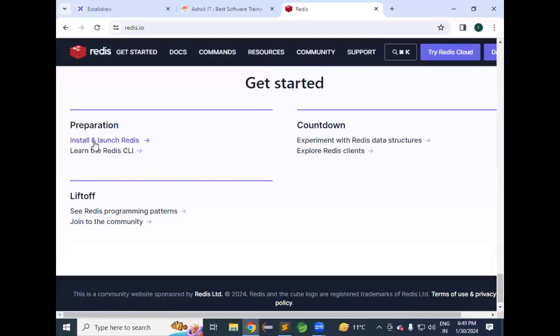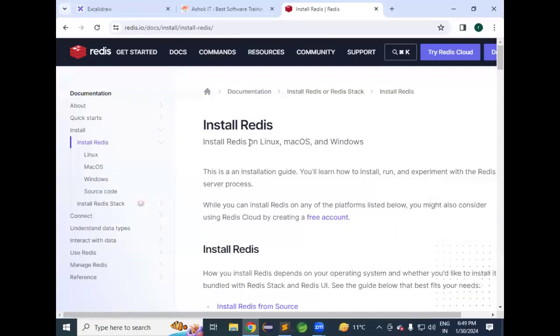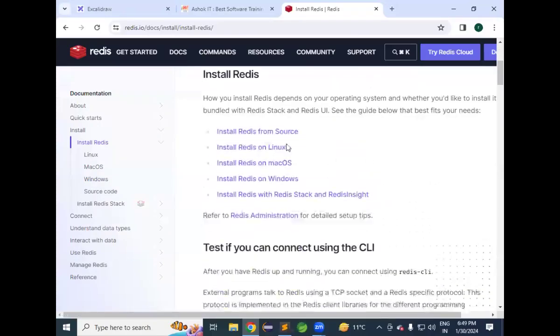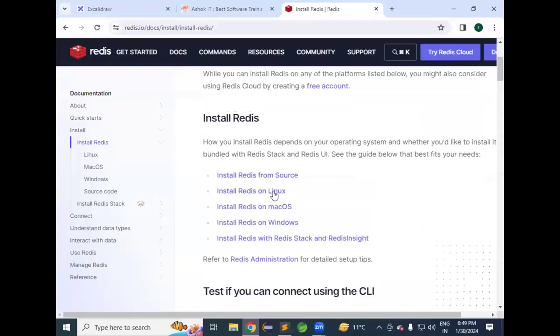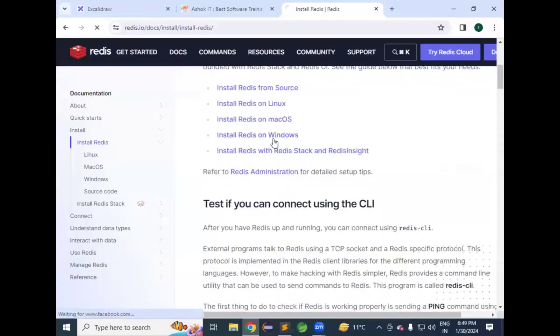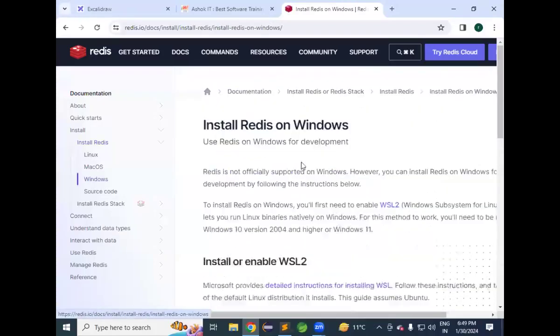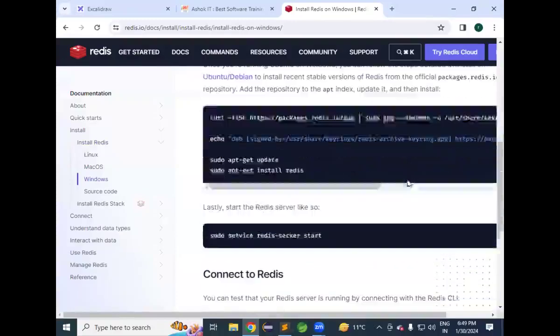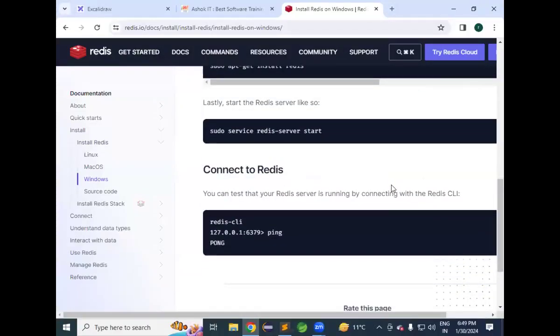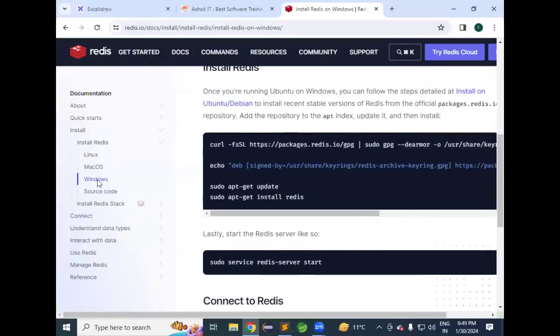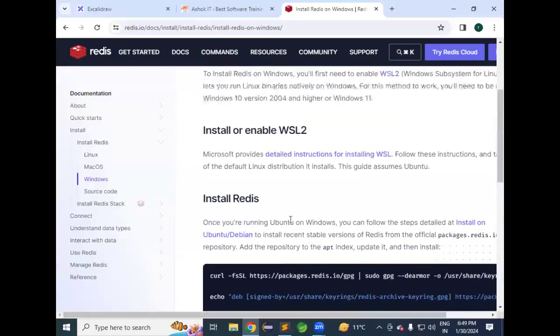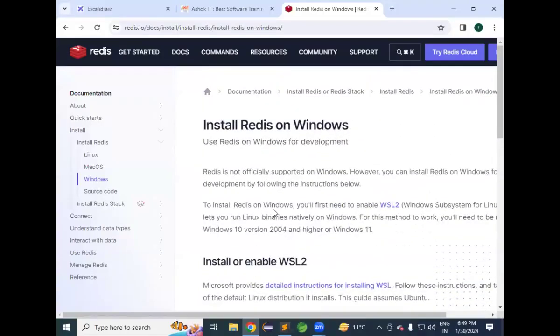Get started. Install and launch Redis. Learn the Redis CLI. Now, install and launch Redis. Install Redis on Linux, Mac OS, and Windows also. Install Redis on Linux. Install Redis on Windows. So click on install Redis on Windows. Now, connect to Redis on Windows. If you want to download Redis on Windows,